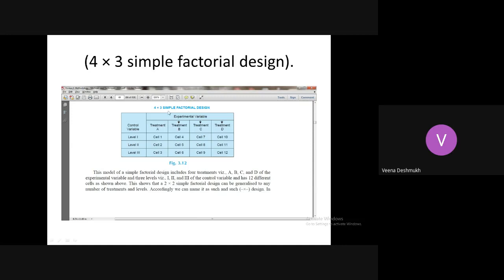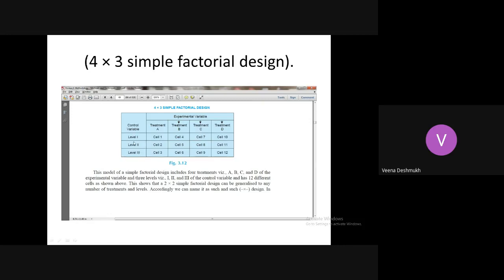Here 4 by 3 simple factorial, 4 by 3 or 3 by 4, you can interchange them. Accordingly, your rows and columns will also be interchanged. Here 4 treatments A, B, C, D: one factor with 4 treatments or 4 levels, called A, B, C, D treatments, and another factor with 3 levels, level 1, level 2 and level 3.